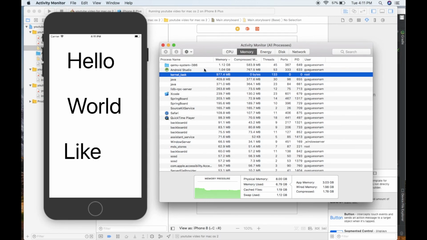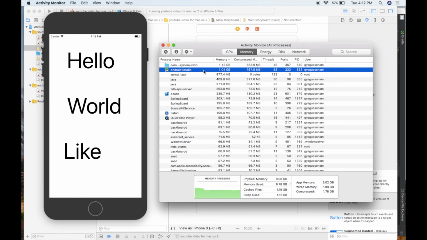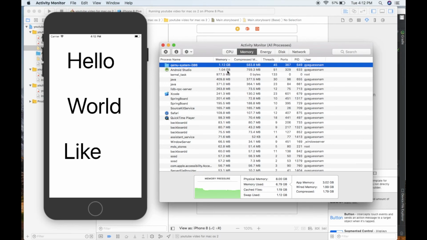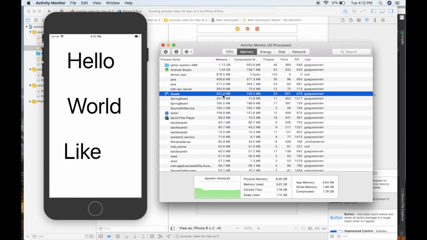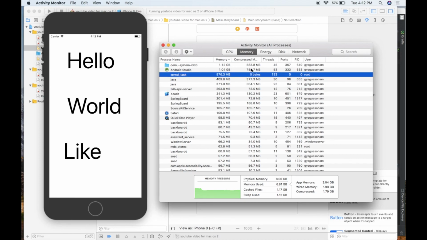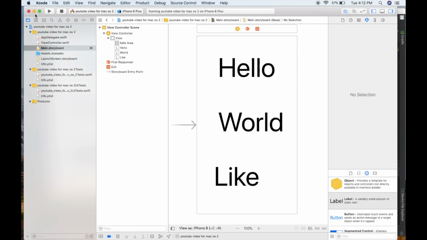So we can conclude that Android Studio takes little storage on the hard drive, but it takes a lot of RAM. Android Studio itself takes 1 GB, and the emulator is taking 1 GB itself. So 2 GB for the Android application simulator. For Xcode, the IDE is 241 MB, and I think this one is the simulator for the iOS app, which is around 900 MB. So it's like 1.5 GB for Xcode and 2 GB for Android Studio. So that's it guys. So far you